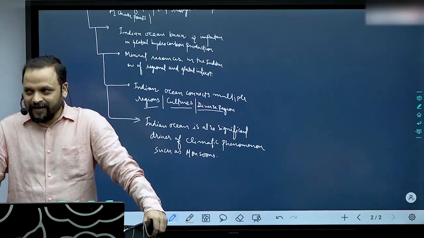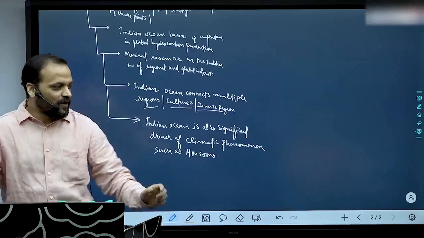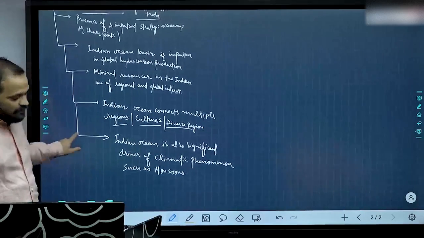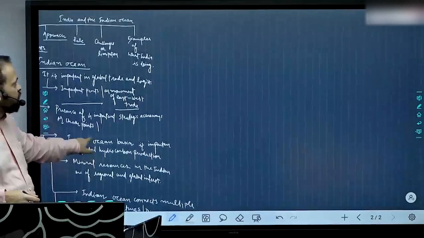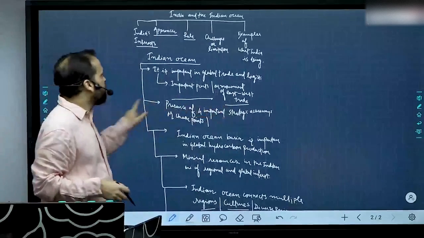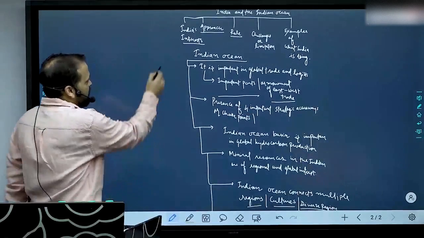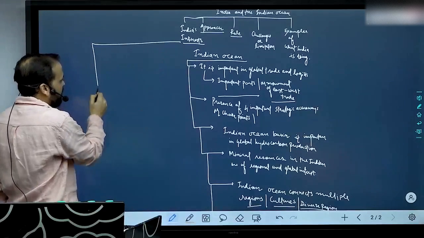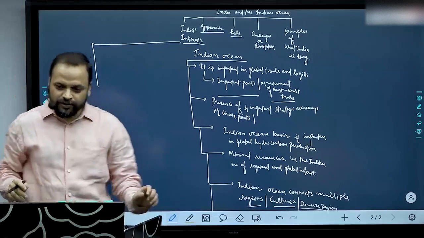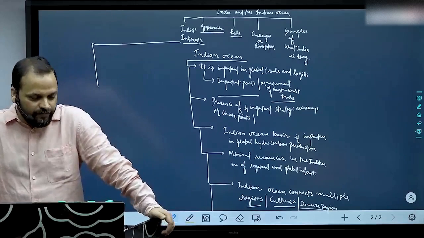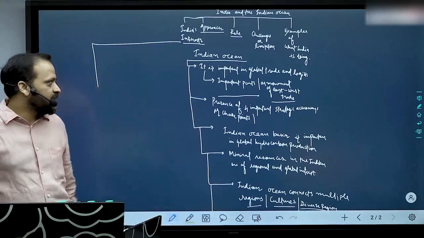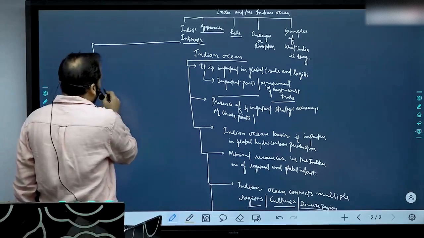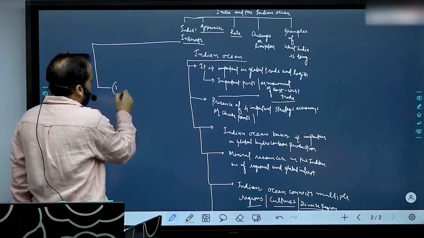Chaliye, so this is why Indian Ocean is significant, all right. Now, that gives you a simple idea of the global significance of Indian Ocean region. So that's where you can also develop an understanding of India's interests, right? So general significance of Indian Ocean, and deriving from general significance of Indian Ocean, you also derive India's interests. What are India's interests? First of all, India is